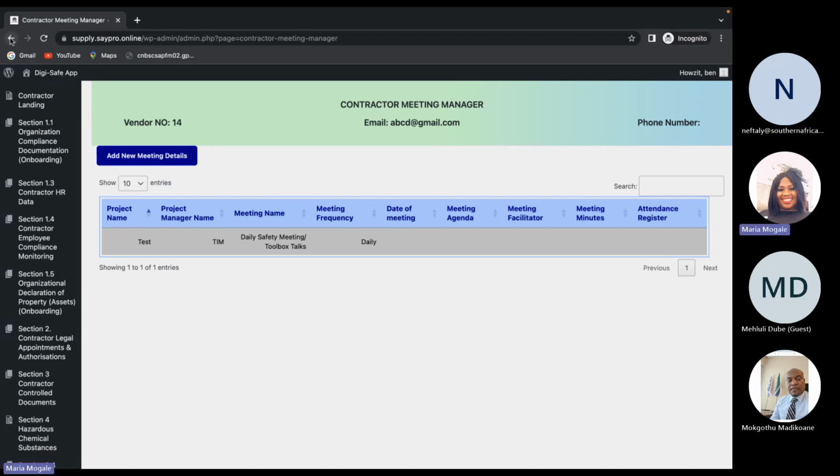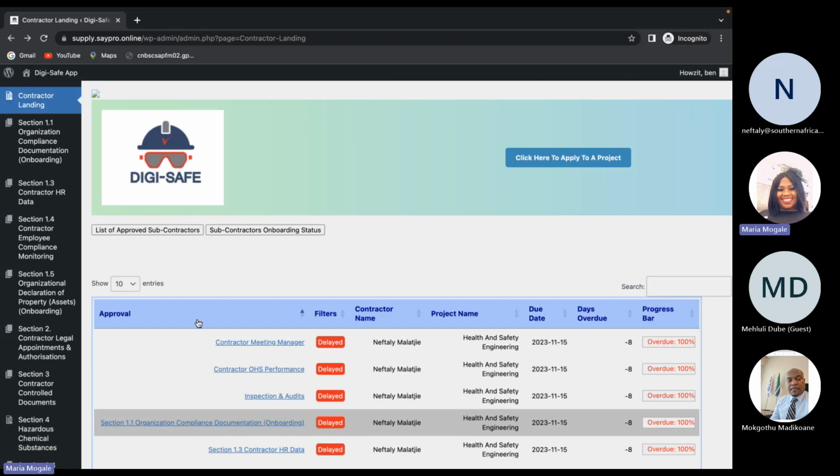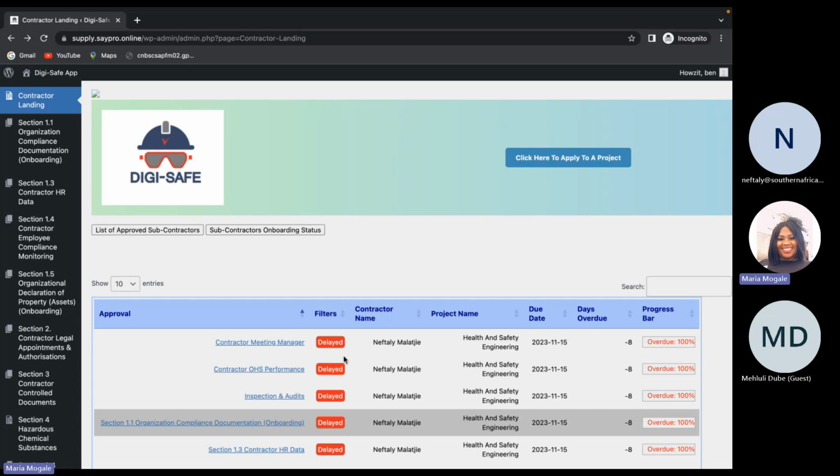Yes. And then the host will also have the same, so when they log in, it will show all these filters to say, okay, now it's delayed because the turnaround time perhaps is like 3 days. Now we're on the 5th day, and we don't know how you guys will do it. It can either be displayed as such where it's just delayed with the red background and is shouting, or it can flash, or whatever that you guys will be doing to actually show the person on the screen that this needs to be attended to urgently. Okay. And then yeah, so basically that's about it.